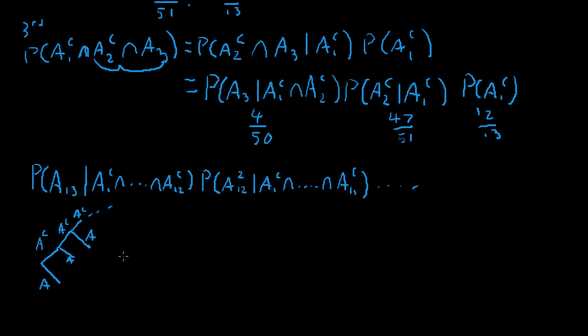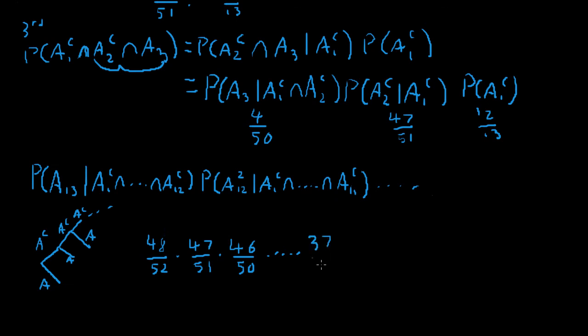So now all we have to do is say, well, on the first draw, the probability I don't get an ace is 48 over 52. Then 47 over 51 left, and 46 over 50, and so on. And we're going to do this 12 times